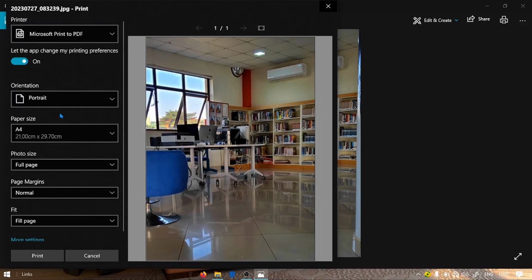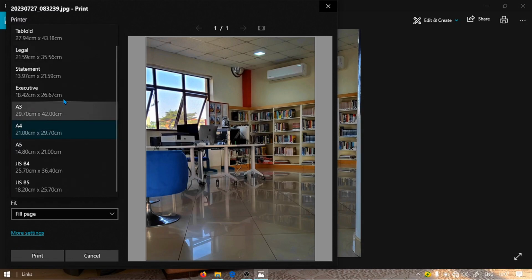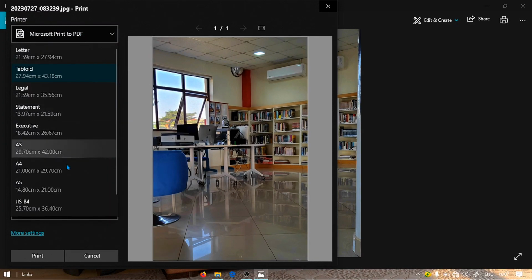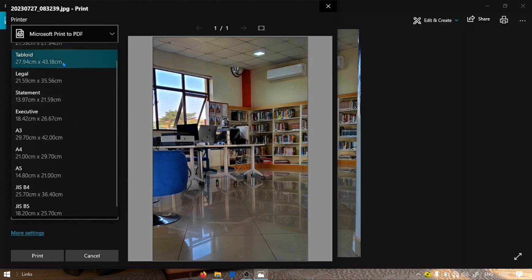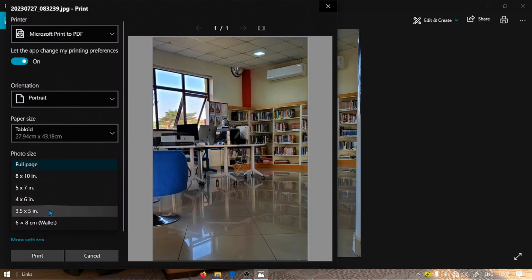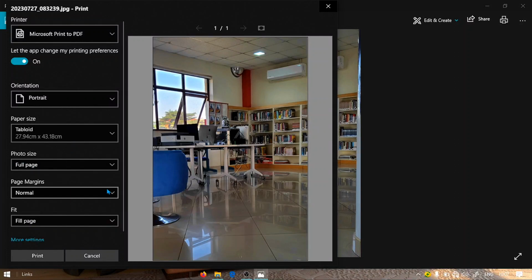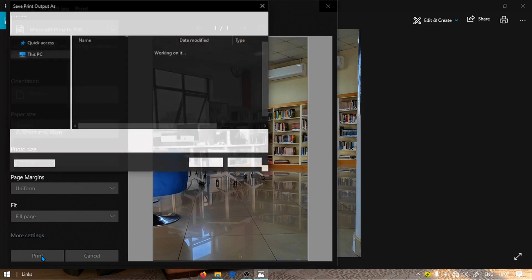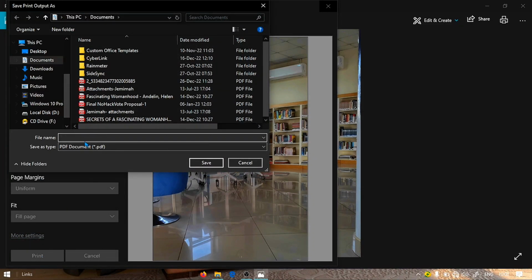You can change the page margins, the photo size, the frame size, paper size, or you can use any of this you want. You can do this according to whatever specifics you want. Also, you can change the size. So when you're done with everything, when you feel it's right, you go to print, and as you can see